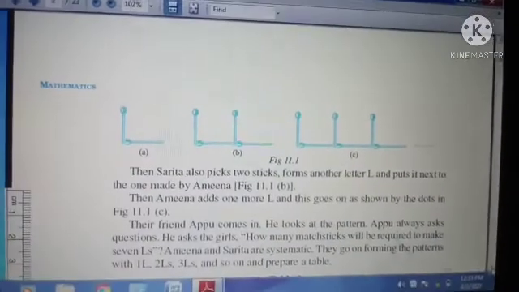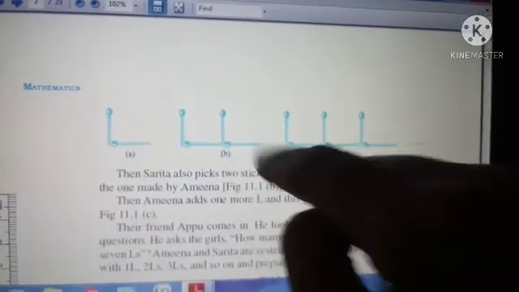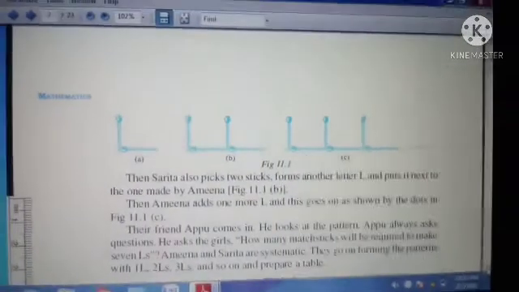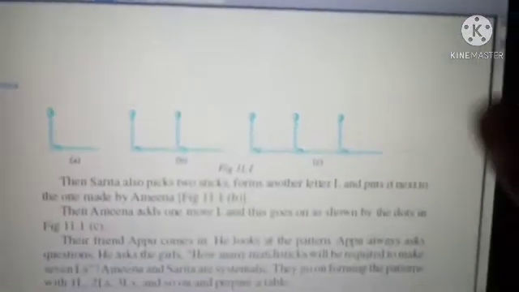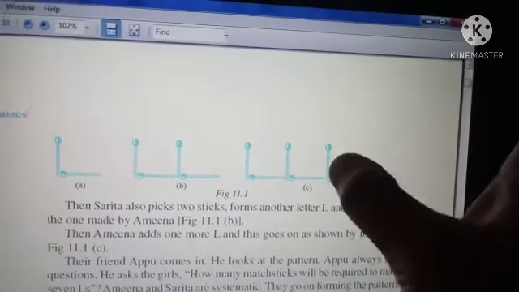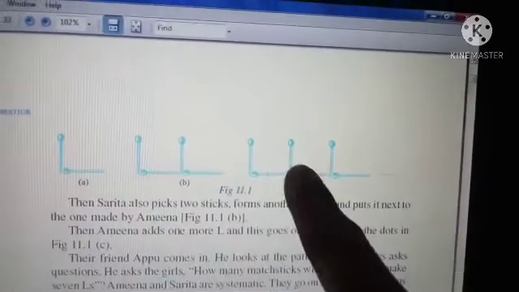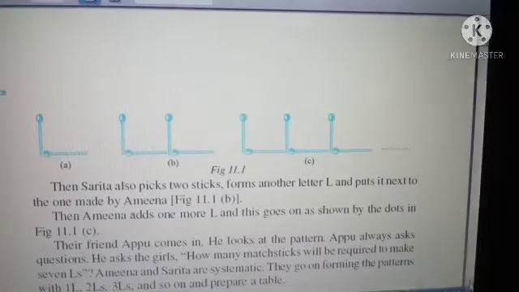When you want to represent 2 L's, how many matchsticks are needed? 1, 2, 3, 4. So 4 matchsticks are needed. Next, 1, 2, 3, 4, 5, 6. So 2, 4, 6. After that 8, 10.